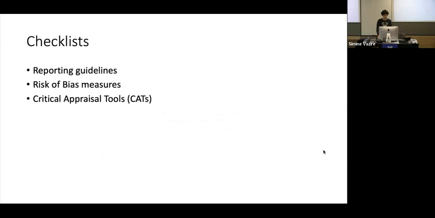So they include risk of bias measures or reporting guidelines, critical appraisal tools. Again, these are mostly developed in the medical domain. I think they're useful in specific contexts, but overall, I think they're too narrow. So anything that's a checklist is going to miss many of the ways that research can be strong or weak. You can't really reduce that to a checklist. So unfortunately, there's no way around, again, using our judgment, using critical thinking to evaluate the strengths and weaknesses of